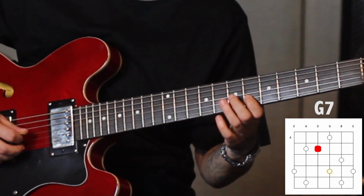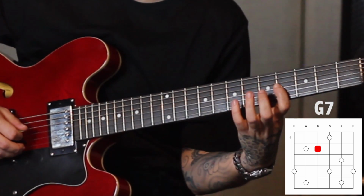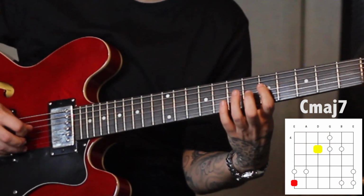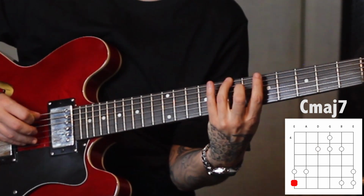1 and 2 and 3 and 4 and now we're ending on this B. Our next closest note is going to be this G for the C major 7 arpeggio. 2 and 3